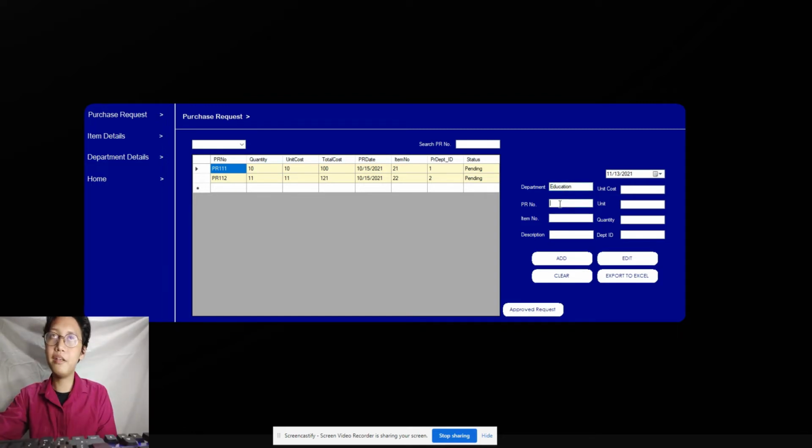Next, the purchase request is where the user requests items for their department.